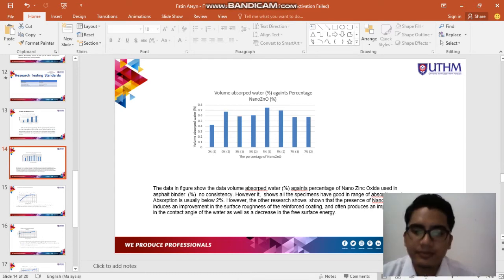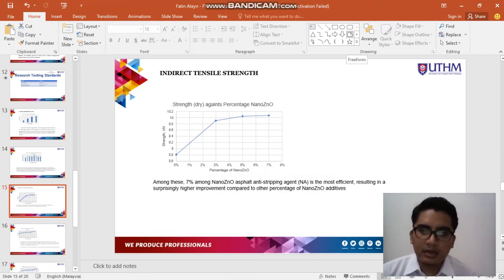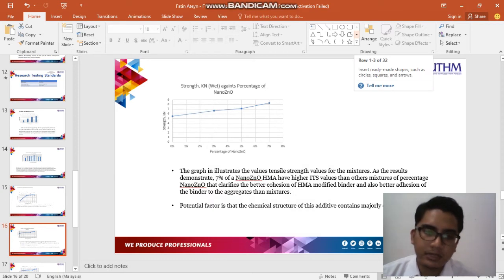For indirect tensile strength, the dry specimens show that 7% nano zinc oxide as an asphalt anti-stripping agent is the most efficient, resulting in a surprisingly higher improvement compared to other percentages of nano zinc oxide additive used by weight of asphalt binder. For wet specimens, the results demonstrate that 7% nano zinc oxide shows the higher value of ITS, indirect tensile strength,